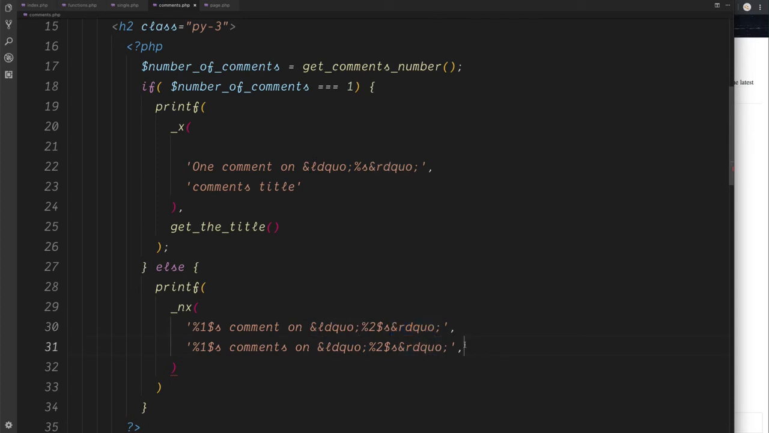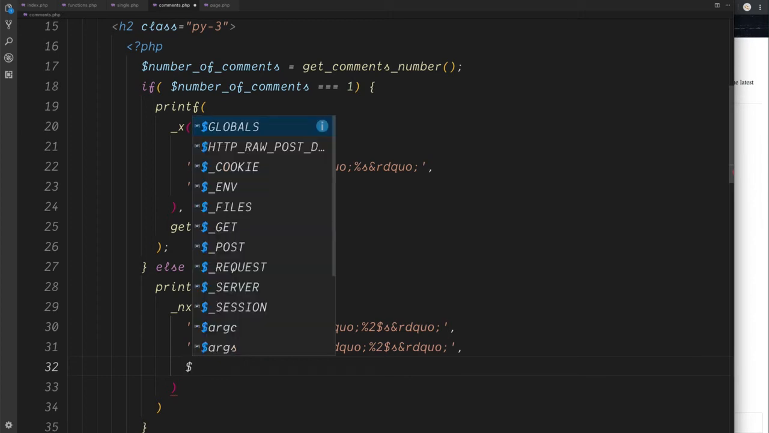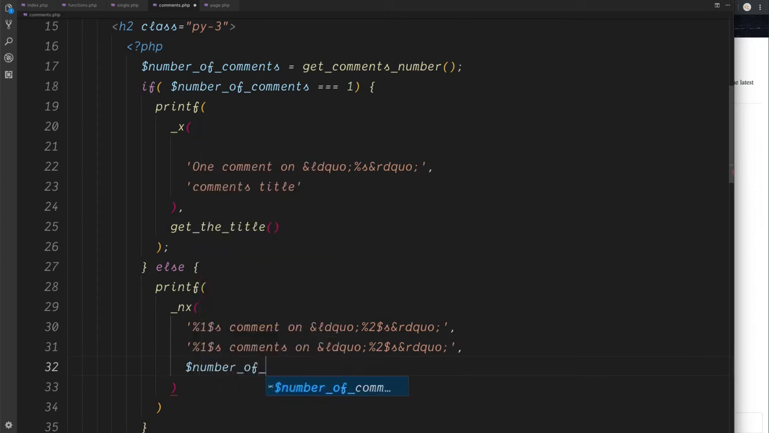inside. After this, we can add a third parameter, and this will be the number to compare to decide if we're using the singular or the plural version of our text. We already have a variable of number of comments, so we can add this in with $, number of comments. If this variable is equal to 1, so we only have one comment, it will run the singular version with the word of comment. If it's more than 1, it will run the second line, which will say the word